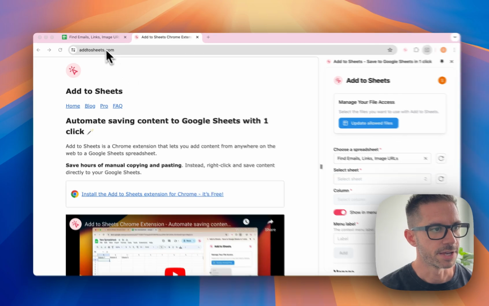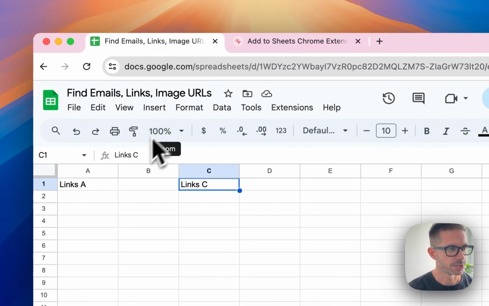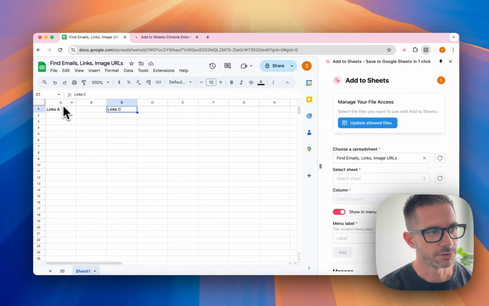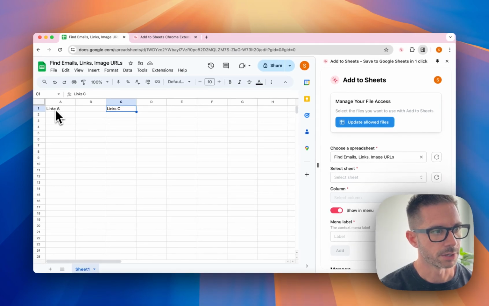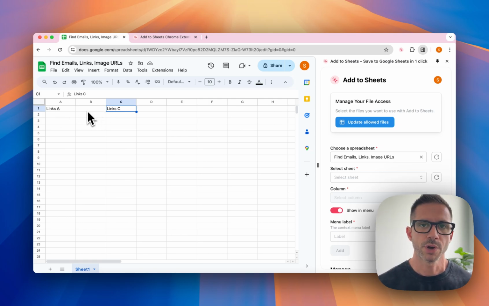So I already have a Google Sheets spreadsheet set up. So you'll see that I've got two columns here with header text in the first row, links A and links C. So whenever you have a value in that first row, Add to Sheets grabs that column identifier. If this were a blank sheet, whenever you go into the extension, it's only going to show column A. Just pop some information into one of these other columns and then it will show up there and you can